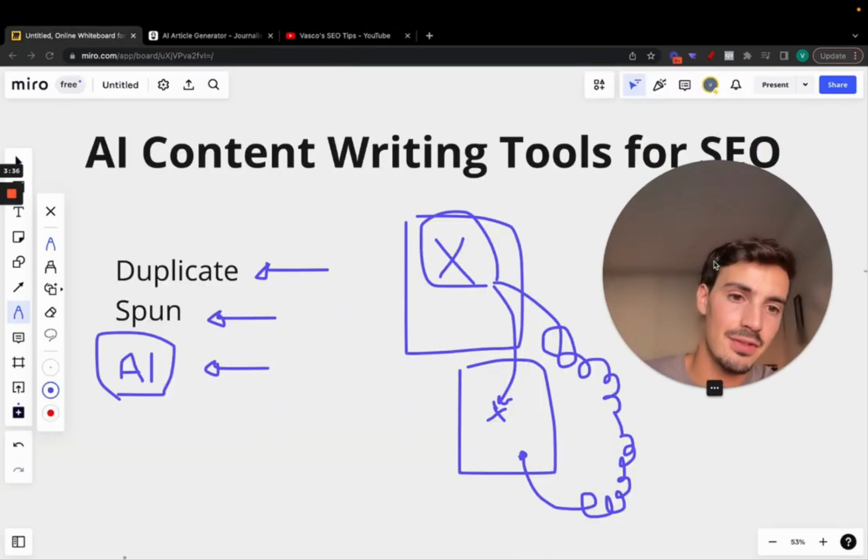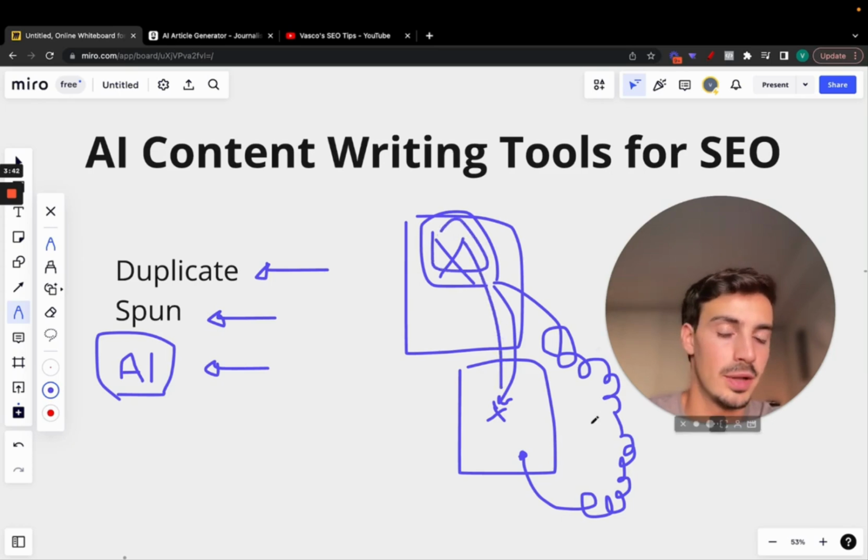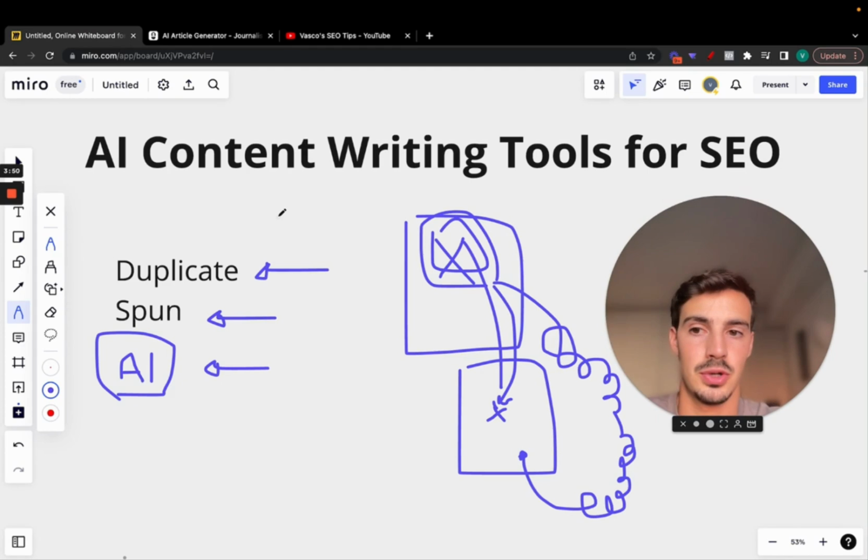Now, the big caveat here is, just like you cannot copy paste or copy, spin and paste, with AI content you cannot simply get away with just having it written on ChatGPT and pasted on your site. I mean, it will work a bit better than these two, to some extent, because it is unique content, right? But it's not that valuable, and everyone has access to it. Anyone can go on ChatGPT, click create an article and post it on their site, right? And AI content does rank, so leveraging AI tools to this extent still works, and it will continue working for a couple more years, in my opinion.